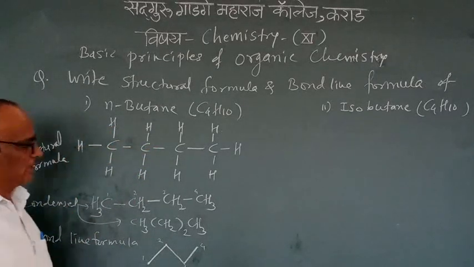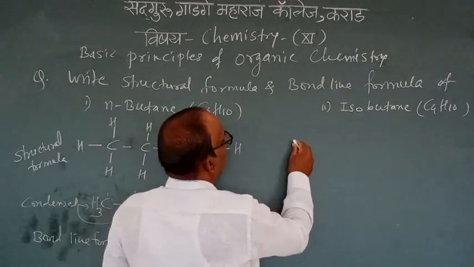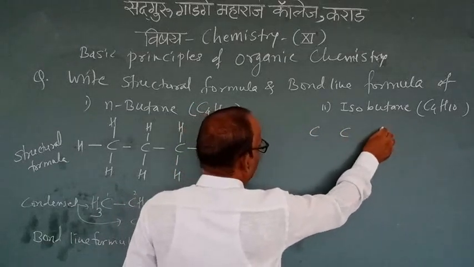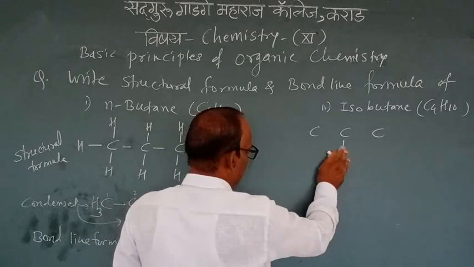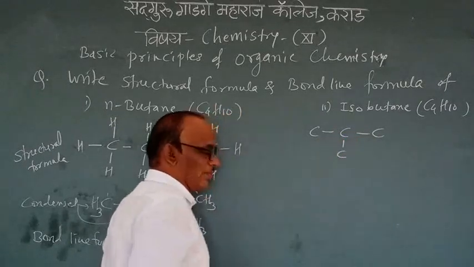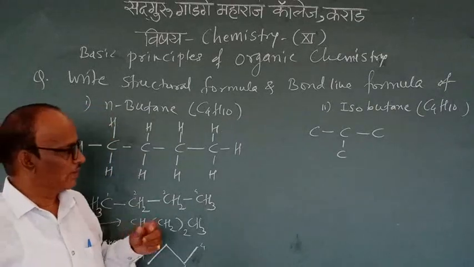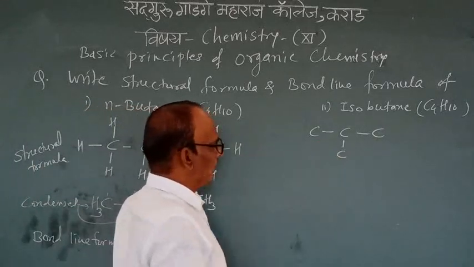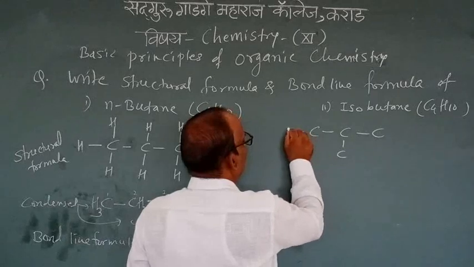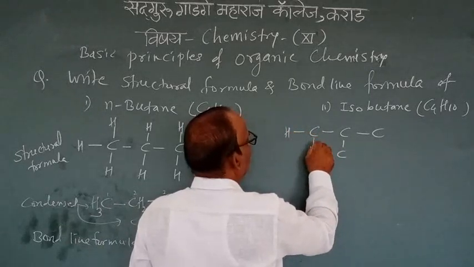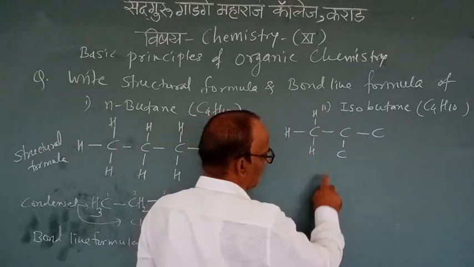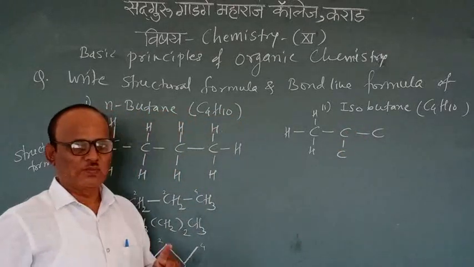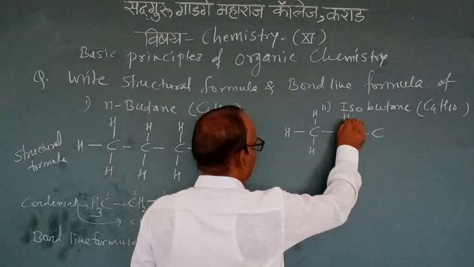First you draw the structural formula of isobutane. Isobutane again has 4 carbon atoms, but one carbon is present in a branch. At carbon number 2 there is branching. This is a branched chain alkane, and the other is a straight chain alkane. Then write the hydrogens. The first carbon has 1 bond, so it is attached to 3 hydrogen atoms. The middle carbon has 3 bonds, so how many hydrogen atoms are attached here? Only one hydrogen atom.